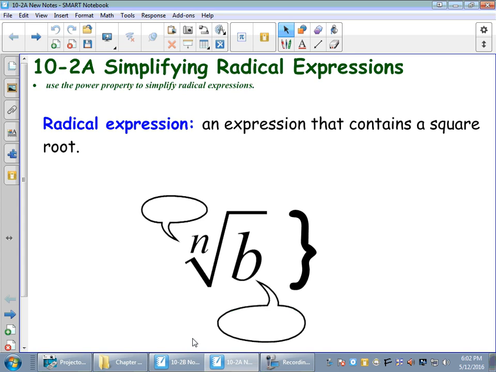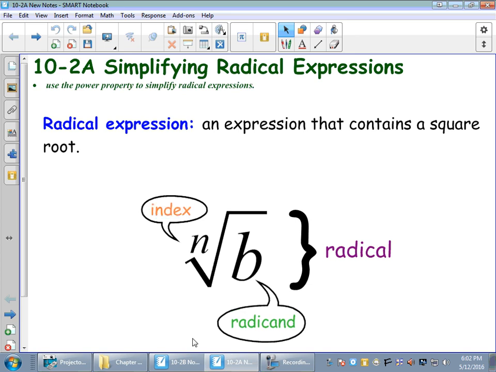Okay, and then I have the parts of a radical expression. So the whole thing is called the radical. It's important to understand the parts and what they're called because when we talk about the rules, you have to understand what they are relating to. So this whole thing is called a radical. The number underneath the radical sign is called a radicand. And then the little number that sits on the outside of the radical sign, right on that little foot there,